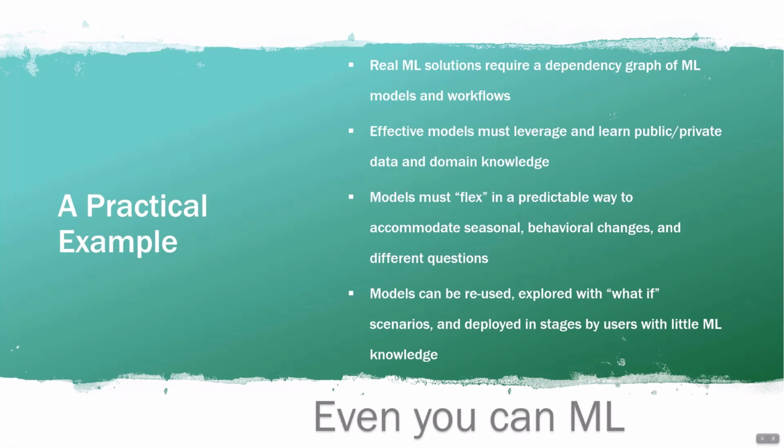Okay, so in the real world, ML solutions require a network, a graph of different models that feed into each other. You might ask one model to identify something in pictures. You might ask one model to extract the sentiment or meaning out of audio clips. All of these can potentially feed into each other and affect each other.